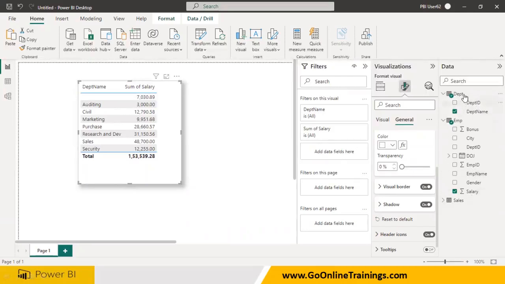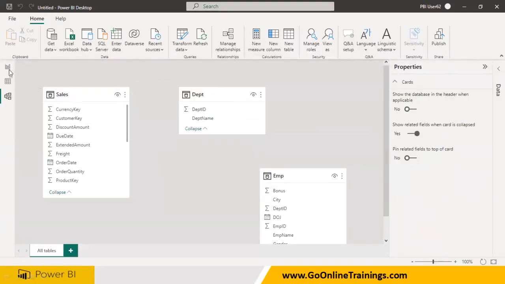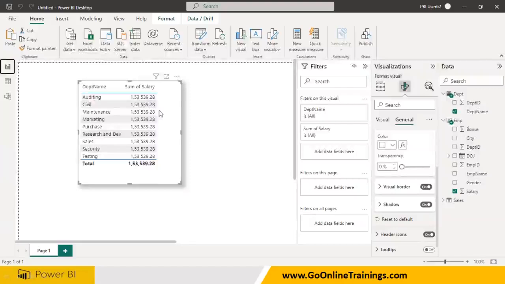So joining means you need to have primary keys and foreign keys properly. If the primary key, foreign key is not there, for example, now the data is like this. If you delete this primary key and foreign key, what will happen? You tell me. If I delete this, what will happen? You will get the same values everywhere. Have you seen this? If somebody tells you, hey, there is a problem in my visualization, I'm getting the same values everywhere,